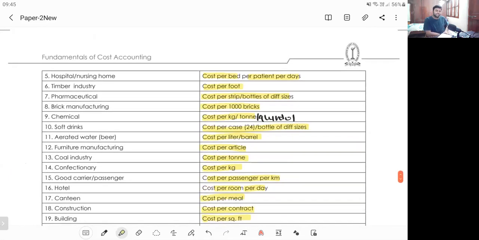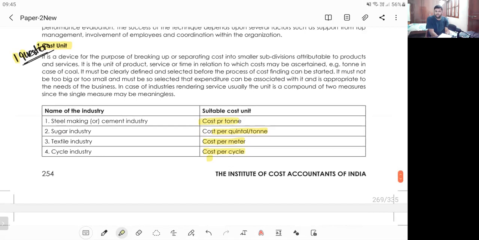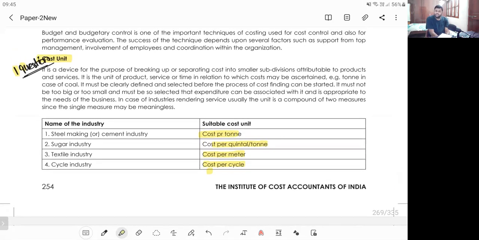Next, cost unit. It is compulsory in the examination; you will get one question on cost unit. Now, what is this cost unit? When you want to express something, you must express it in units, right? If I ask you the distance from your home to the college, you will say it is somewhere around 10 kilometers. This kilometer is nothing but a unit. So even in costing, when you produce anything, you must express it in terms of units. You purchase eggs, you call it a dozen eggs. You purchase vegetables, you call it kg vegetables. In the same way, in costing also, whenever you are producing any goods, you must express them in terms of specific units.